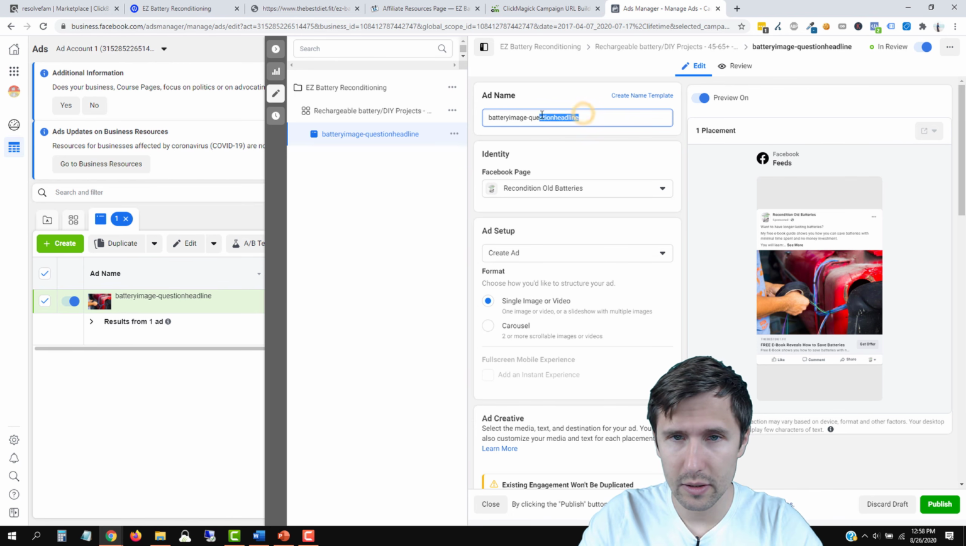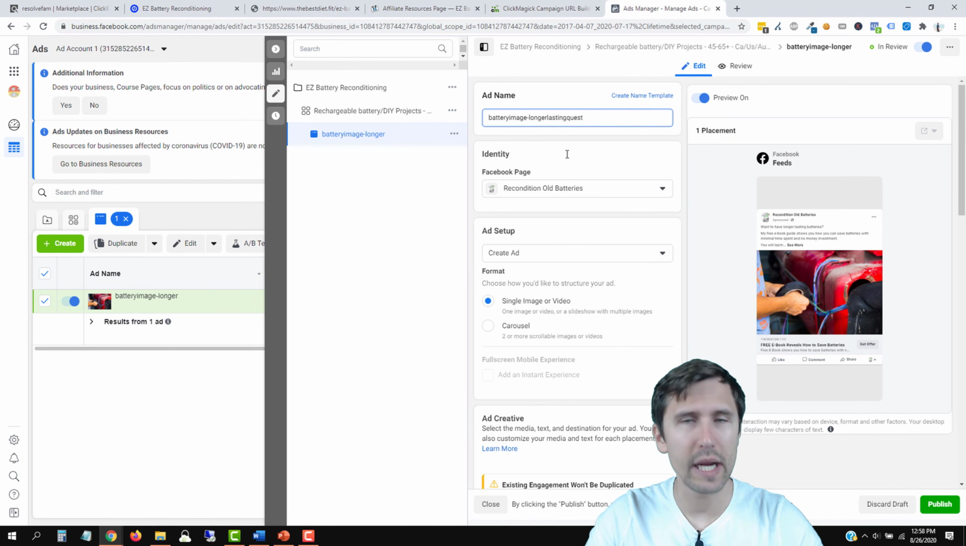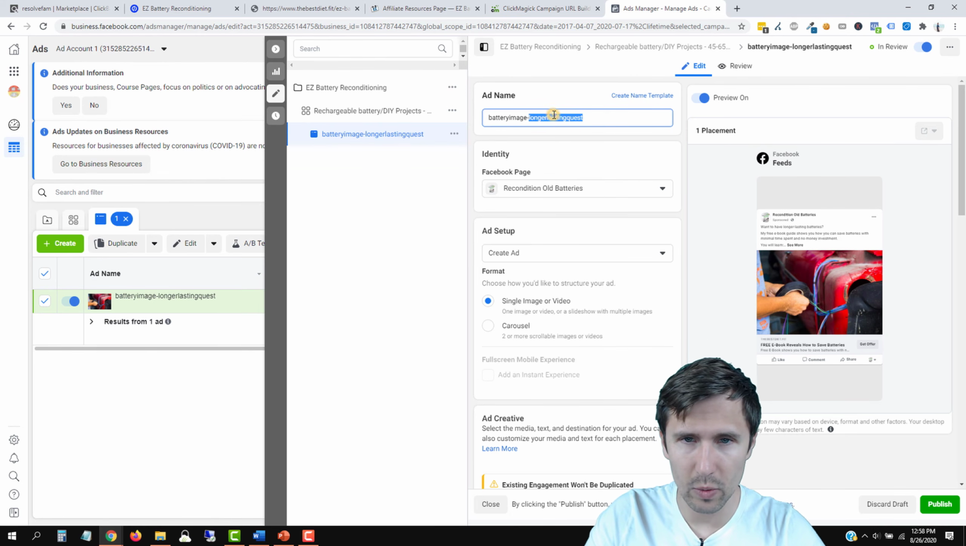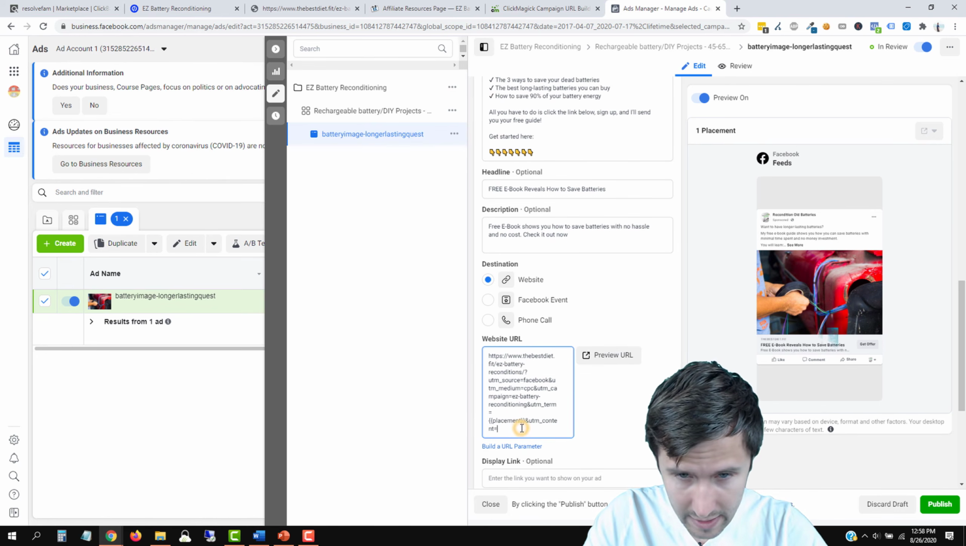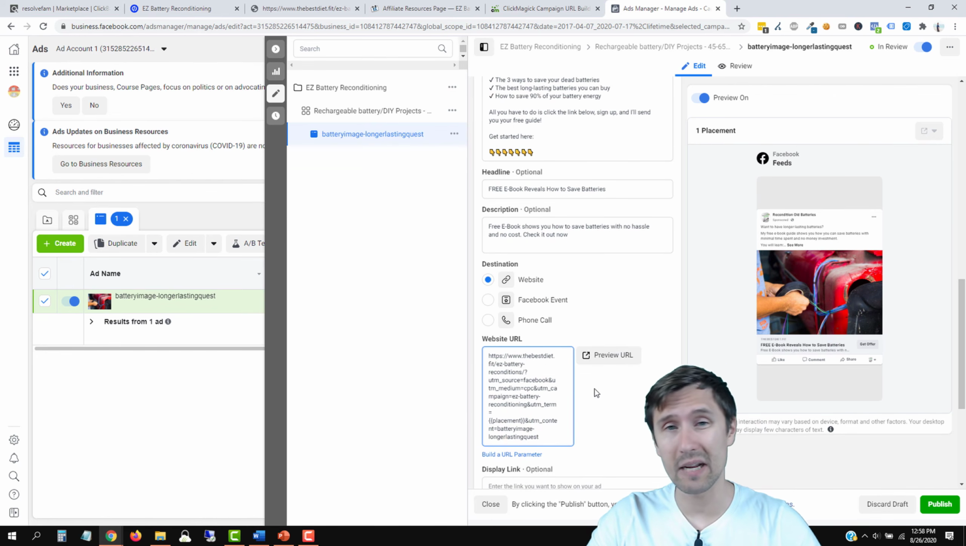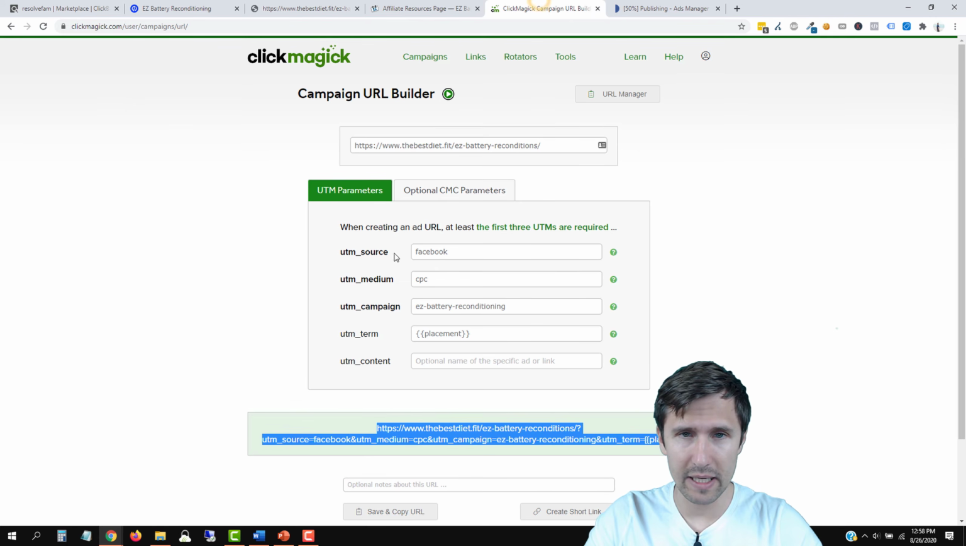Or maybe say, you know, longer lasting quest for question, right? Something that you can refer to later on. So we have like a battery image there. And then what we want to do is let's copy that. Let's go back down, and if you recall, we have to add it here. And that way we can see it in ClickMagick, okay? So let's publish that real quick, and while it's loading, in ClickMagick,